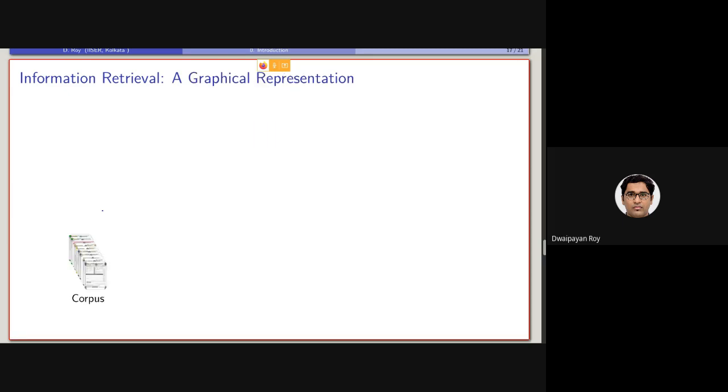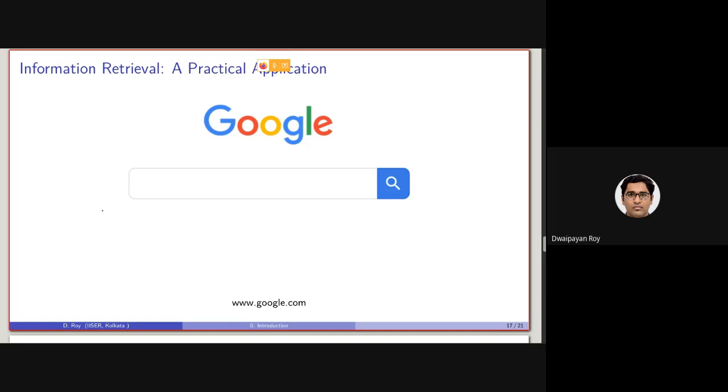So let's define this information retrieval process graphically. If I consider this Google search, and if I provide a keyword, say India, or say Indian captain, can someone say where these two keywords will be searched?